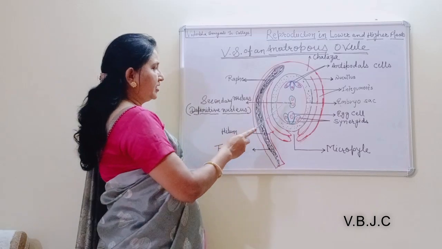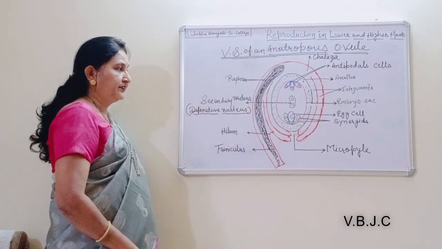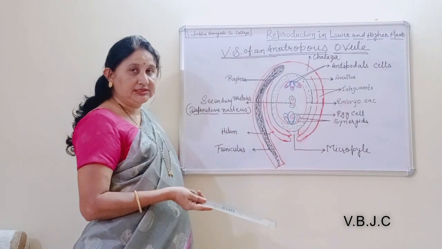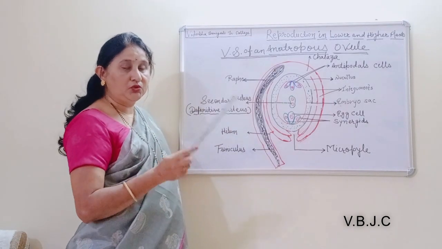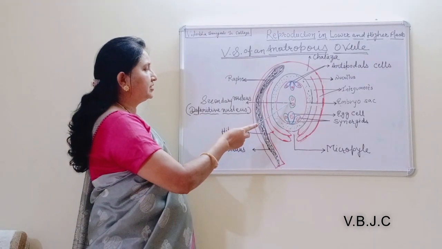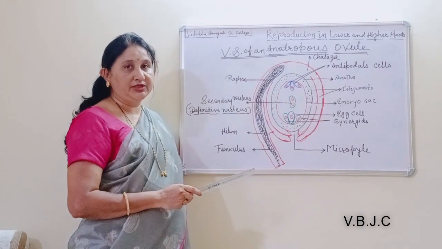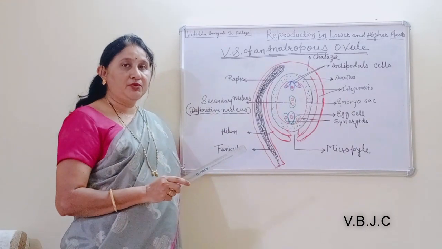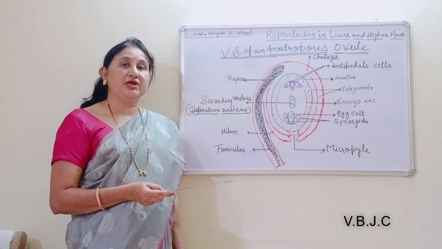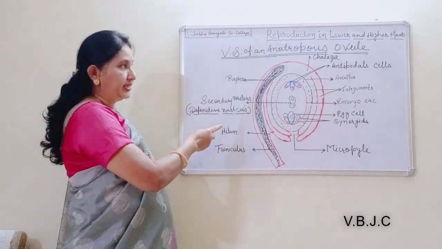Now about the secondary nucleus, present at the center, which is a diploid cell. During double fertilization, two male gametes are involved. The other male gamete unites with the secondary nucleus to produce the primary endospermic nucleus, and this primary endospermic nucleus gives rise to the endosperm. This is the function of the secondary nucleus.